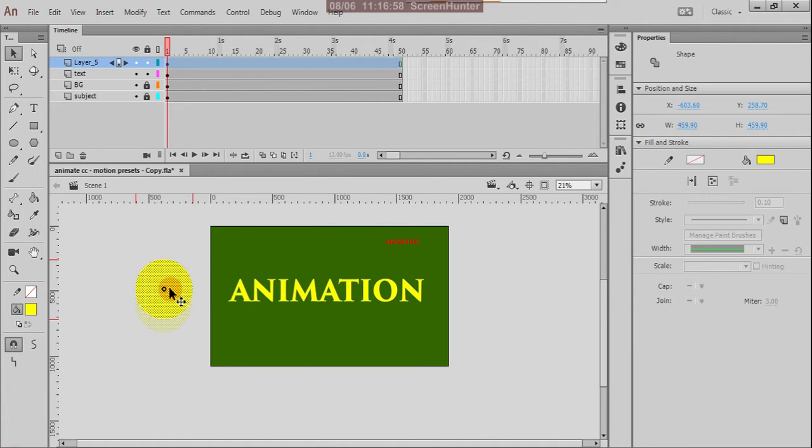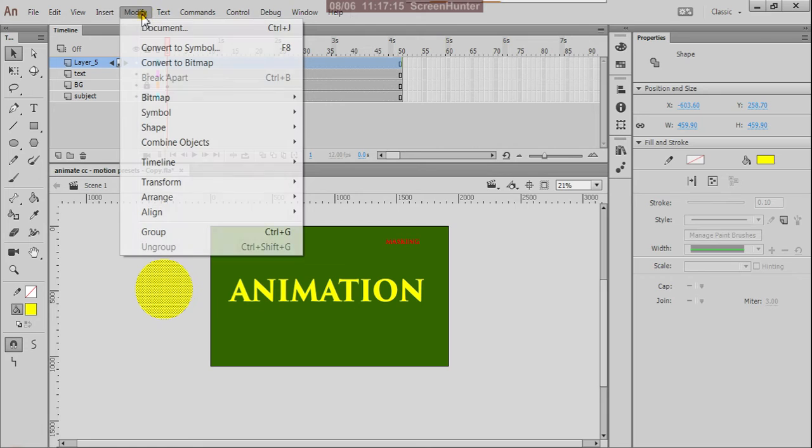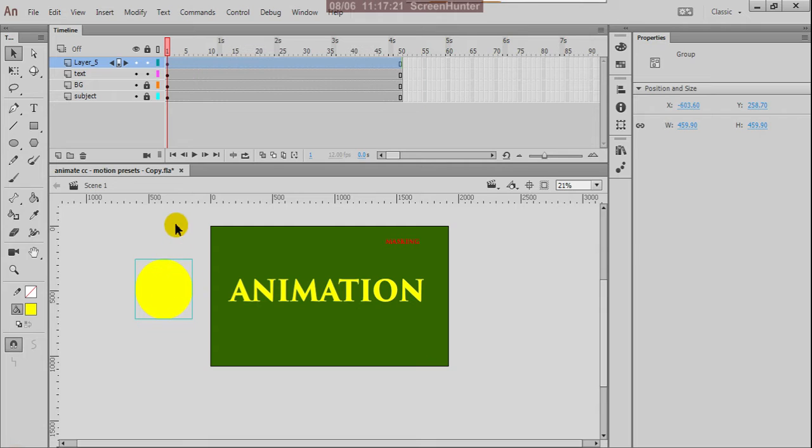Before going to animation, you can group it first. To do that, go to Modify and Group, otherwise use Control G also. Now your object shape is converted into a group.